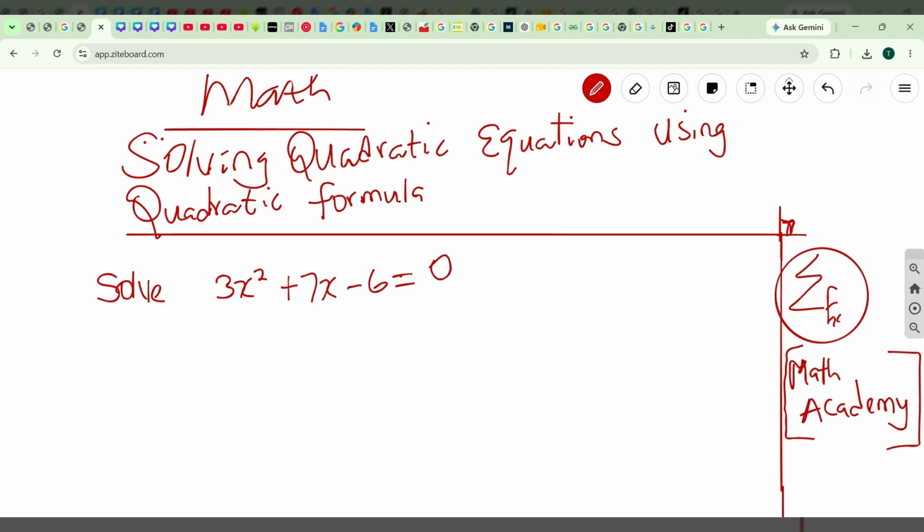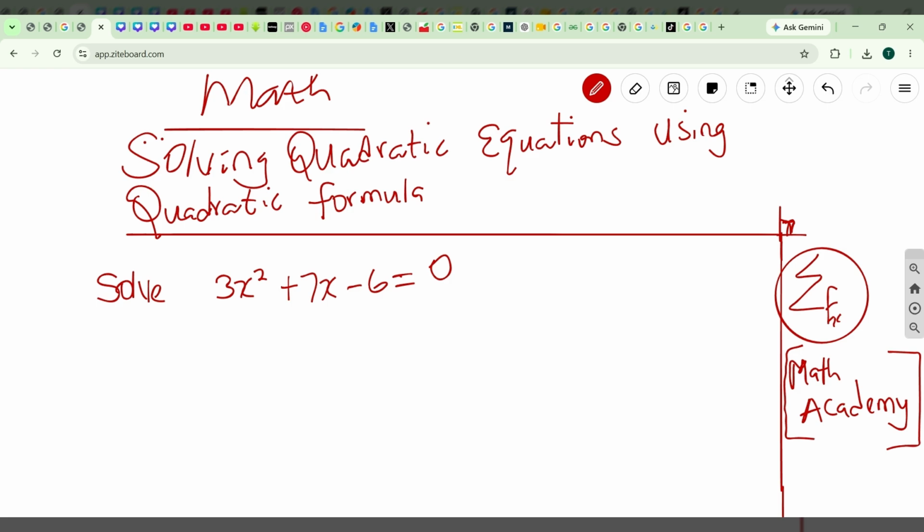So welcome to another class, and today we'll be solving this question, the quadratic equation, using the quadratic formula. If you've watched my previous videos, you understand that I explained them. We have different methods of solving quadratic equations. One of them is using the factorization method, and the factorization method is only used when the quadratic equation can